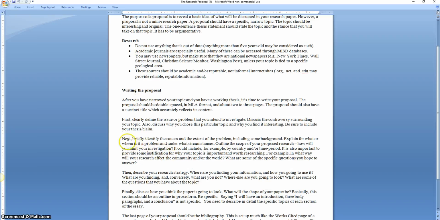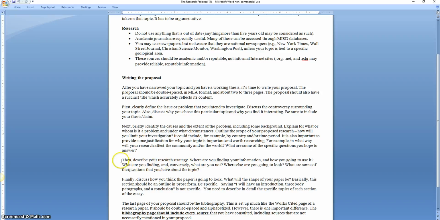Right here: find the issue, give some background information, describe your strategy. Students tend to be really vague on this and say, I'm going to look at the databases. Be a little bit more specific. Maybe provide some of the sources that you found here. What's the paper going to look like? What's the shape of your paper?